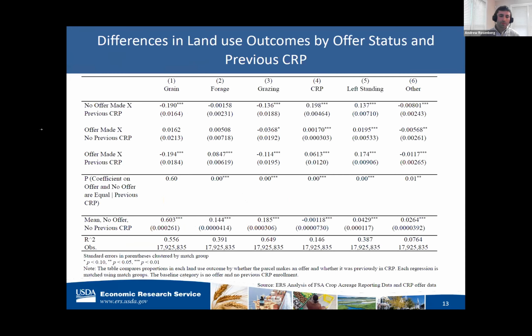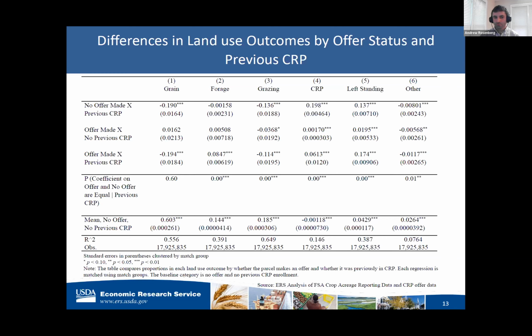So I'm just going to focus on the first column here. What you can see is there's a pretty significant negative impact on the proportion of land that is in grain after 2016 for the groups that were previously in CRP. And this doesn't differ for land that made an offer and for land that did not make an offer. So what this suggests is that there seem to be persistent effects of the CRP